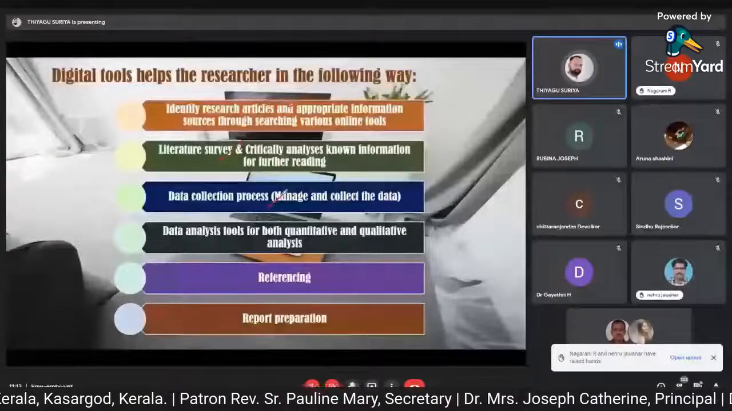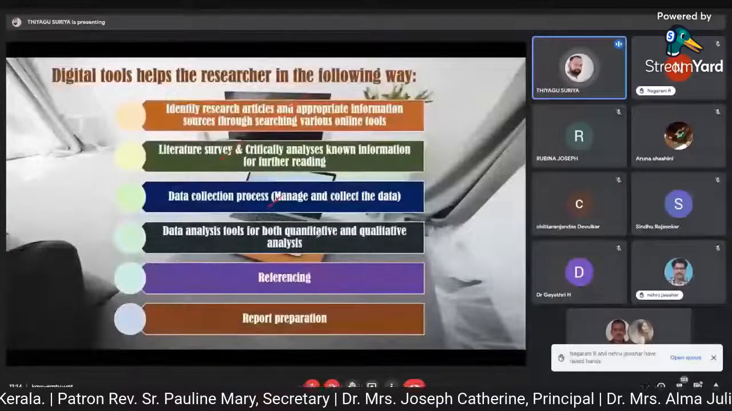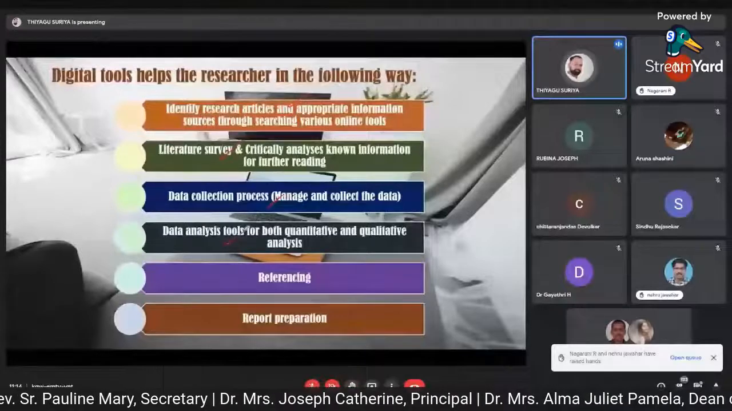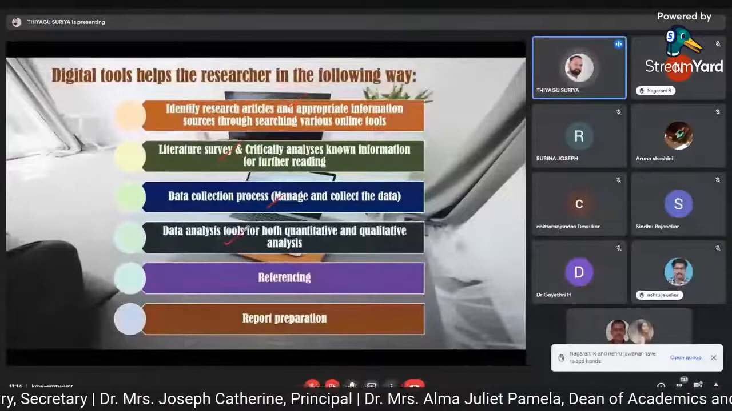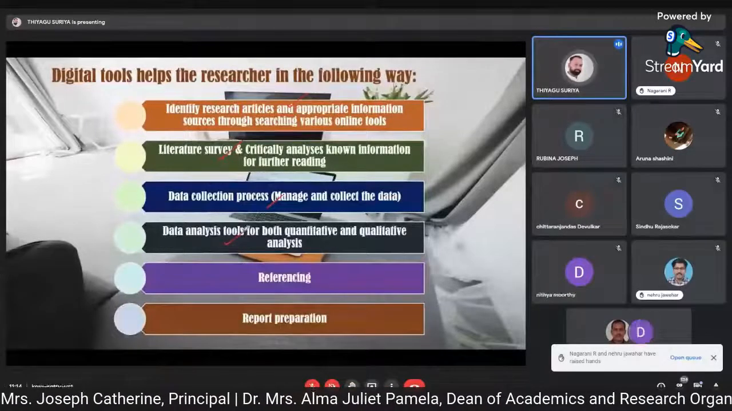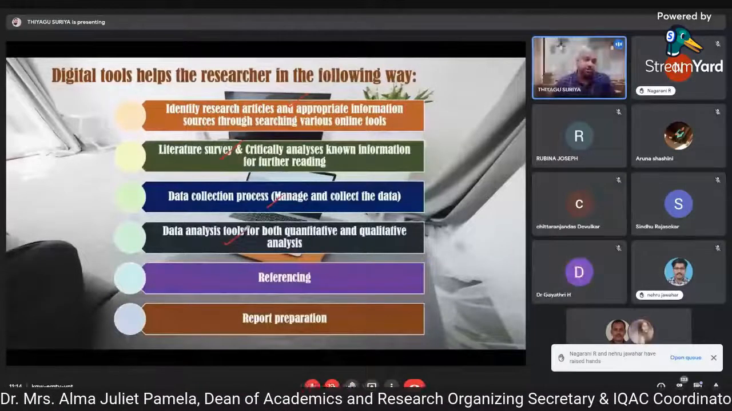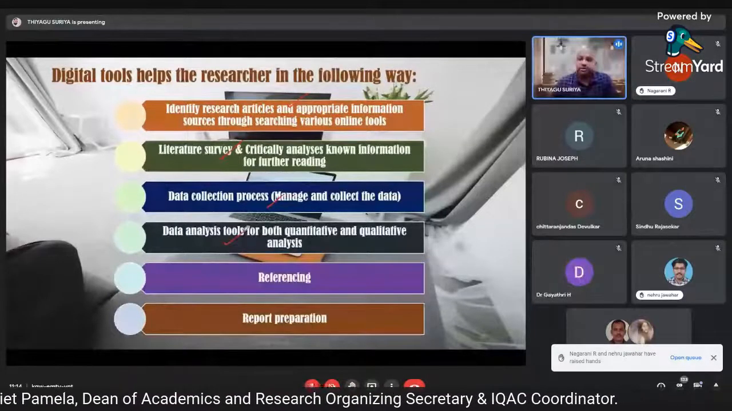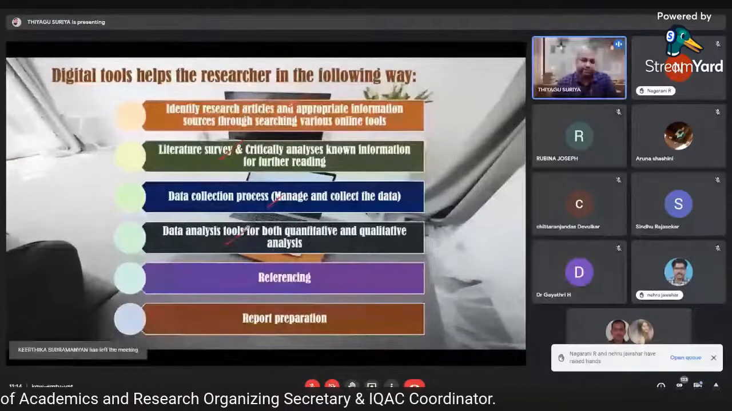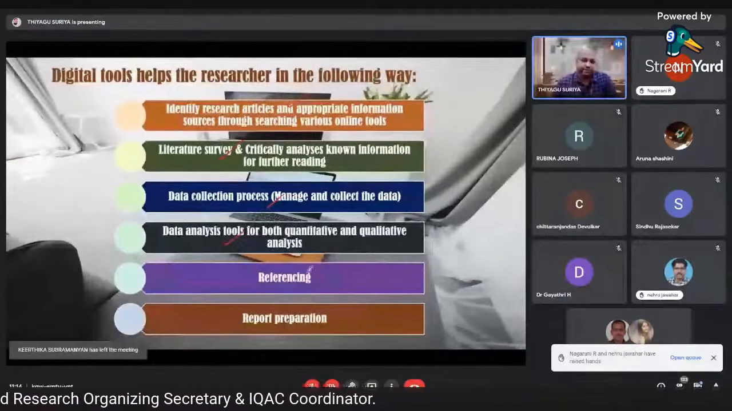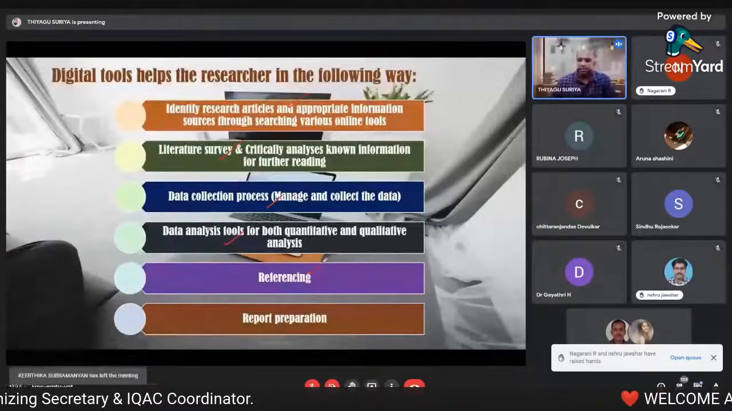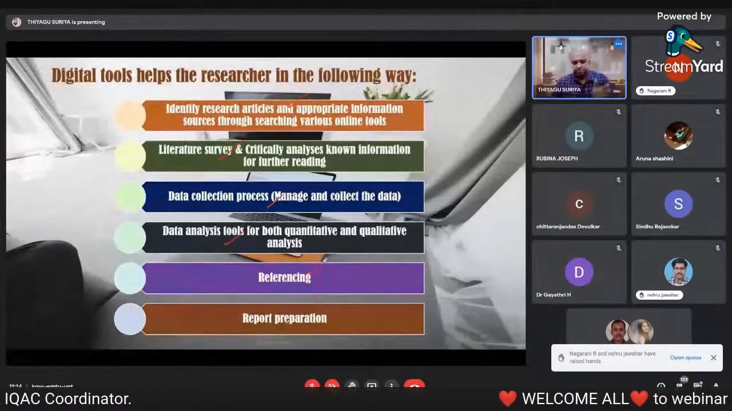SPSS is a paid one. That's why people now are using free software like Jamovi, Blue Sky Statistics, or JASP. These are the tools they're using. And the reference management tools. So reference management tools like Mendeley and Zotero help to write a citation or a reference in